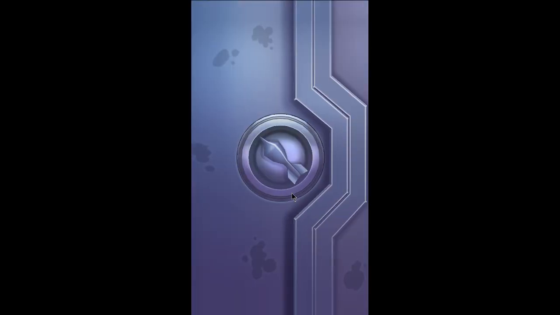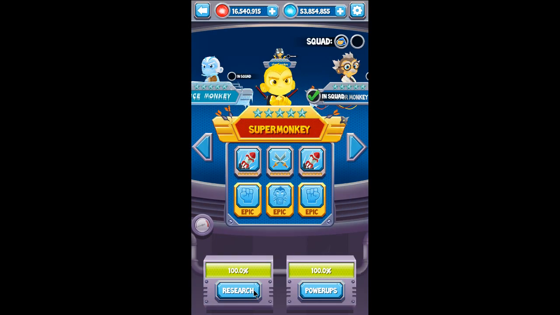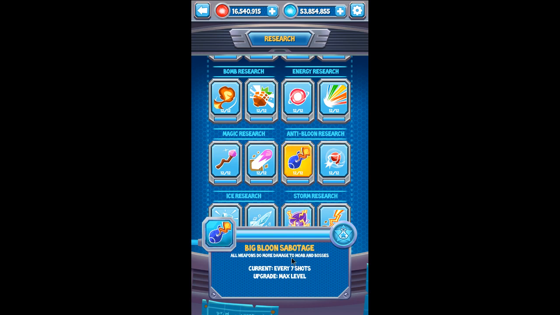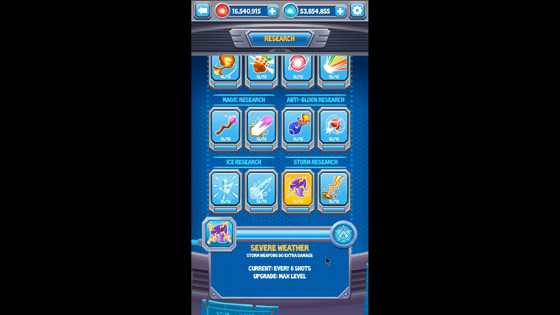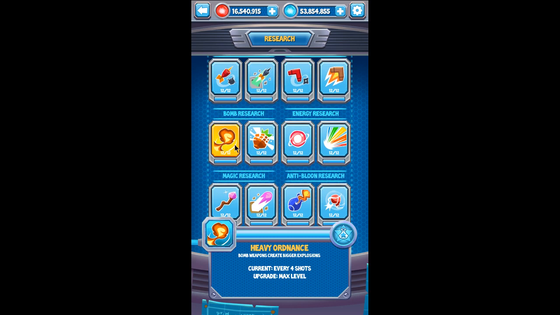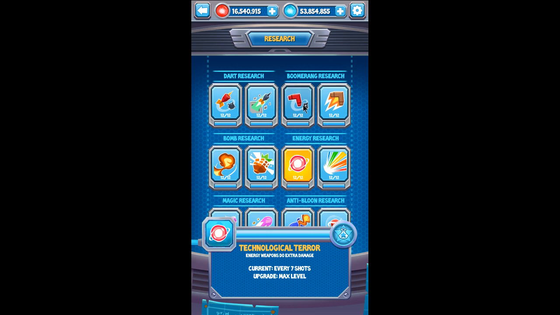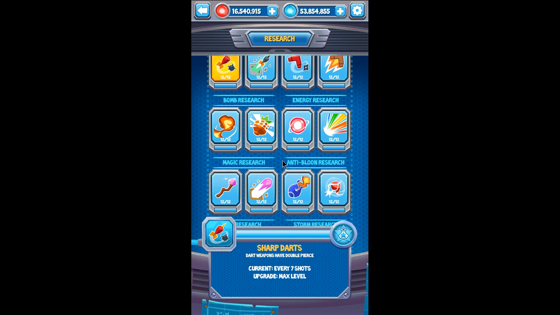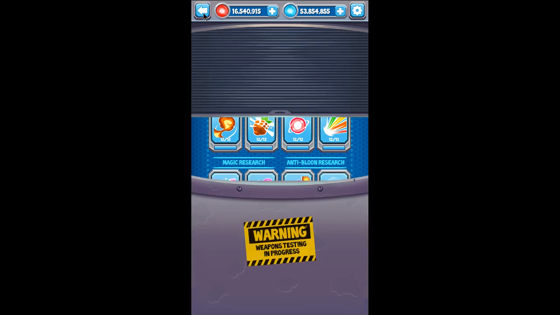So the first thing is research. Research is going to help you do more damage to bosses, especially big bloon sabotage. But not only this, unlocking extra damage with all the single weapon types, depending on what you're equipping and what you're going with, is also going to increase the damage that you do to the bosses. So that's the first thing that is going to help you